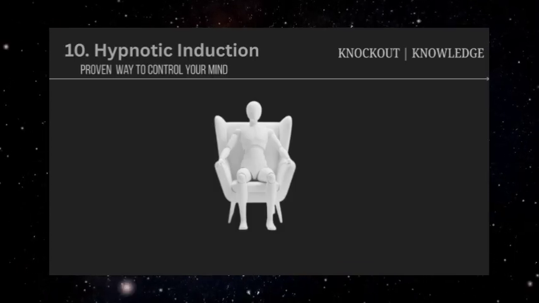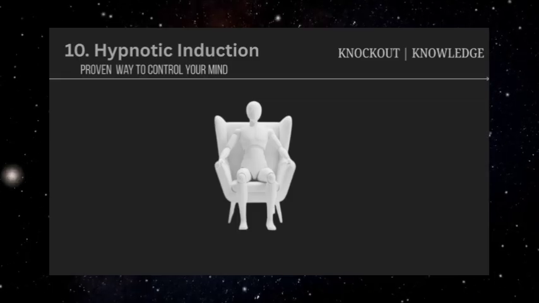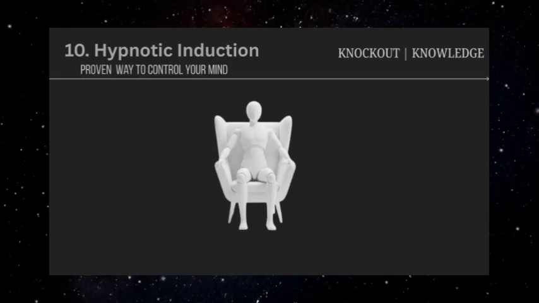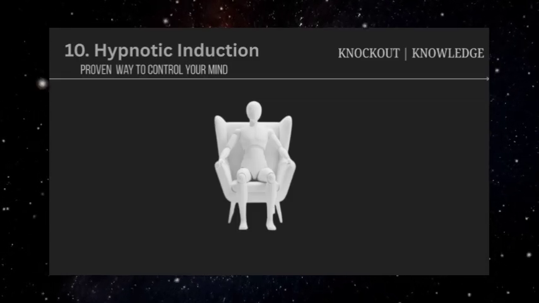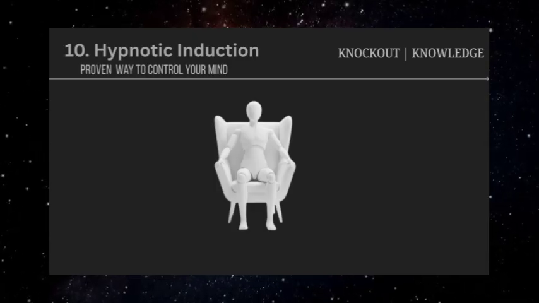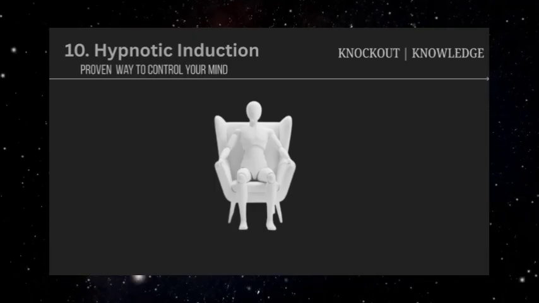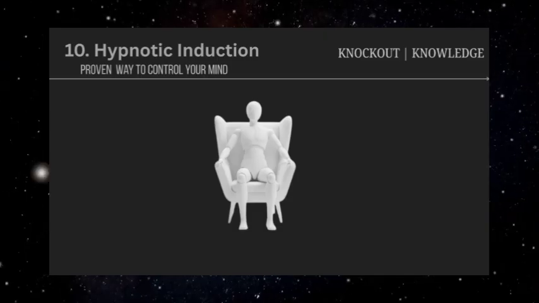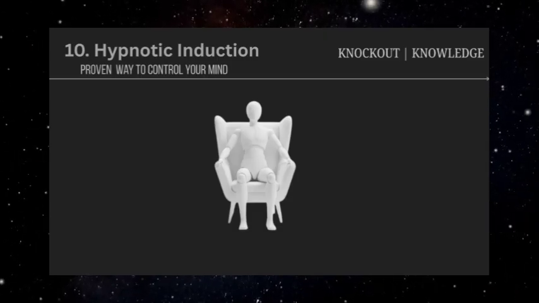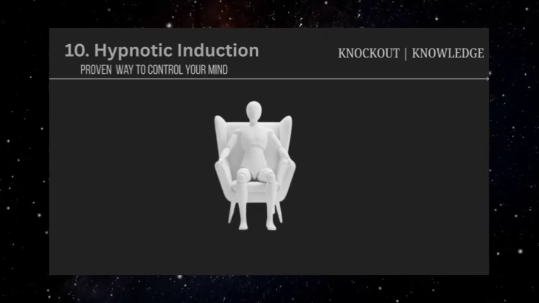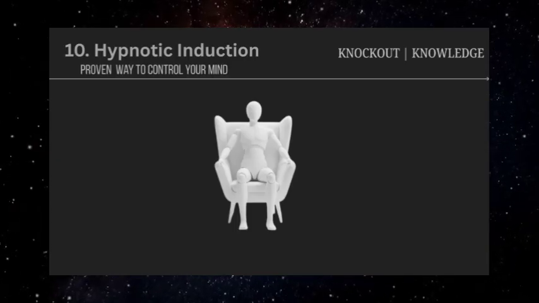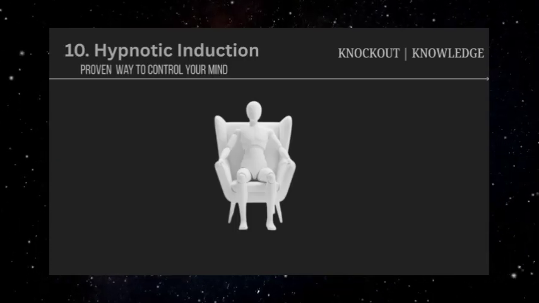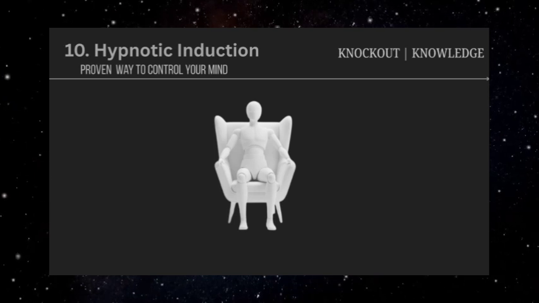Traditional hypnotic induction often involves progressive relaxation, rhythmic speaking patterns, and focused attention on specific objects or concepts. The hypnotist might guide the subject through detailed relaxation exercises, use repetitive language patterns, or employ techniques like having the subject focus on a swinging pendulum or fixed point. These methods gradually shift the person's consciousness from active awareness to passive receptivity.